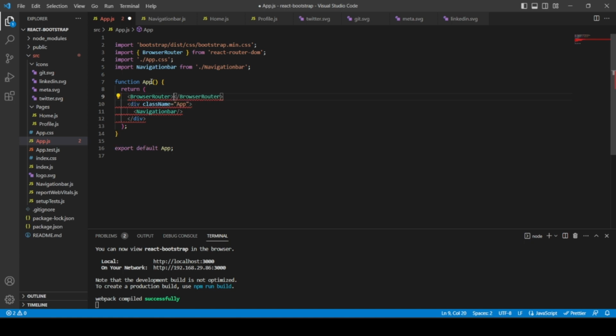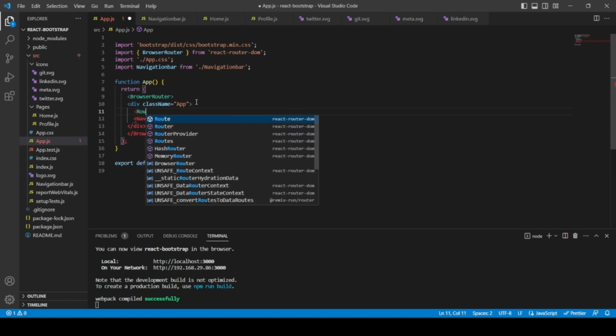Here it comes, and we will wrap the entire app inside the browser router. After that we have to define routes. So inside our app I'll add routes,